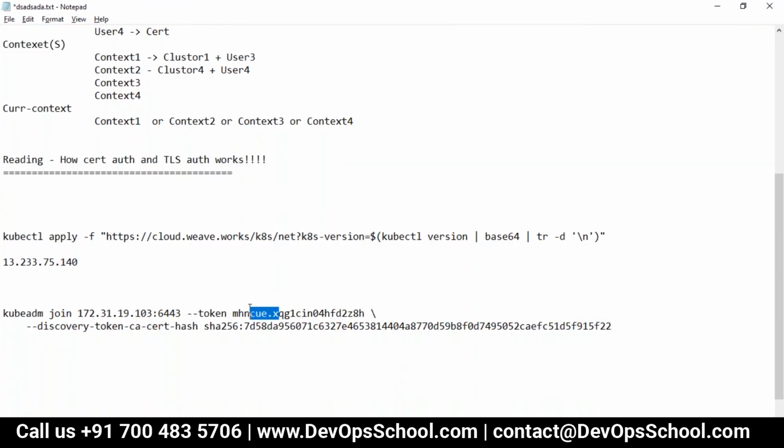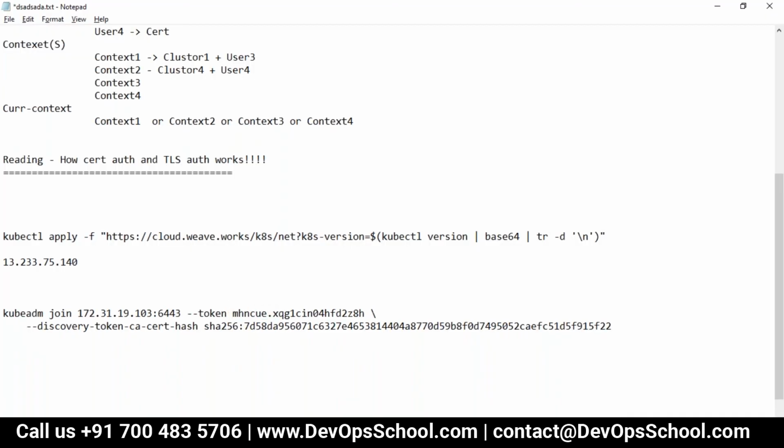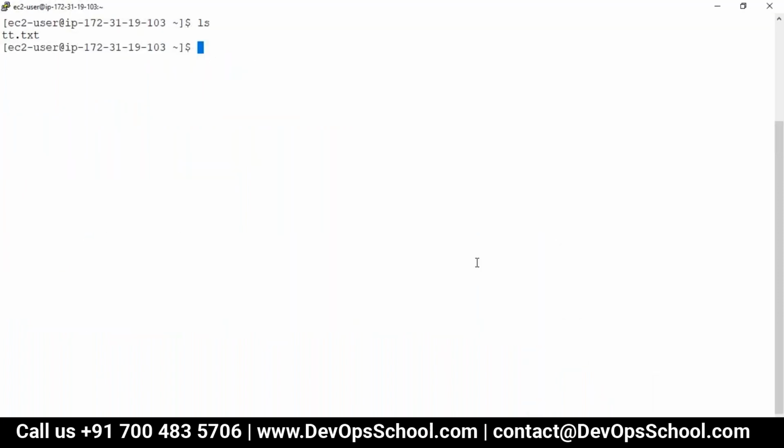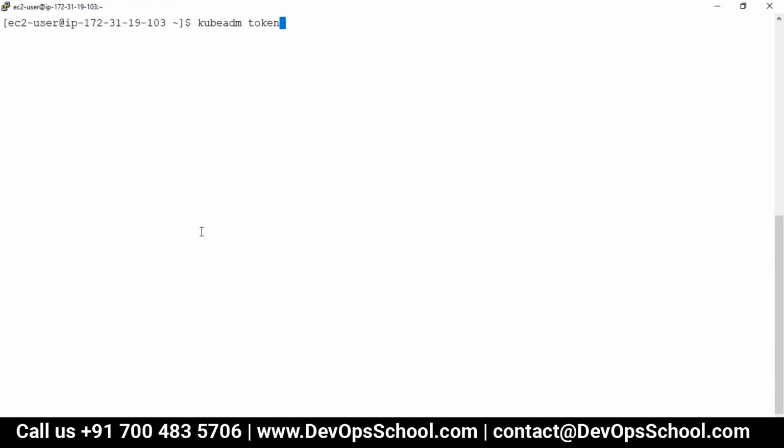So what is happening here? The problem is that the request is not going through to the URL. I have to enable the verbose mode multiple times, but I hardly care. If I go to the master, I write kubeadm. Remember kubeadm: init, join. Init for master, join for worker. If I write kubeadm token list, I see the tokens, because the master created this token.